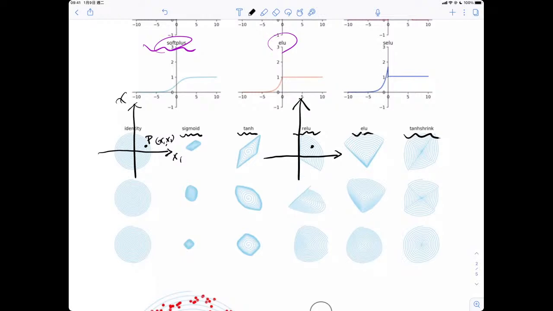The data point P, after it passes through the ReLU activation function, you can see that if there is a data point right here,